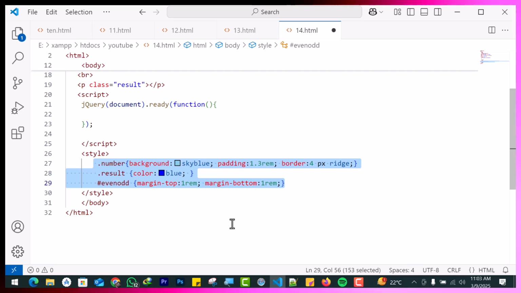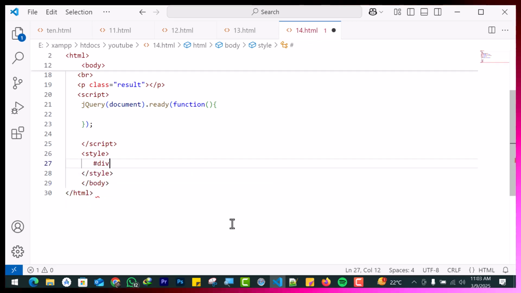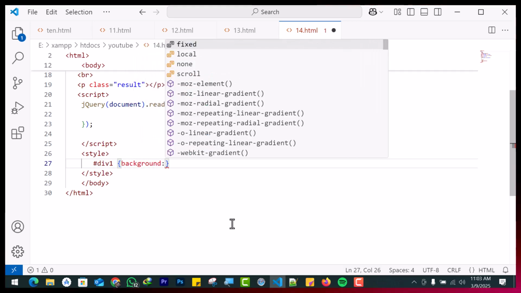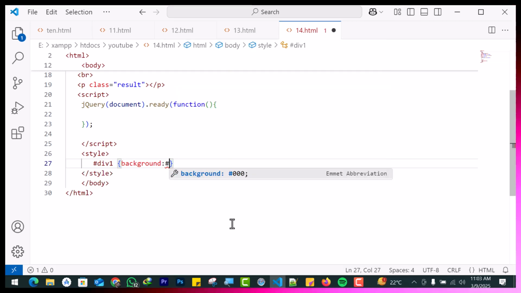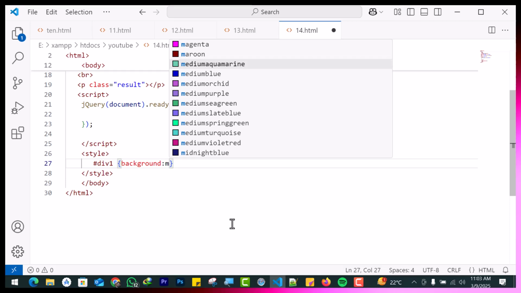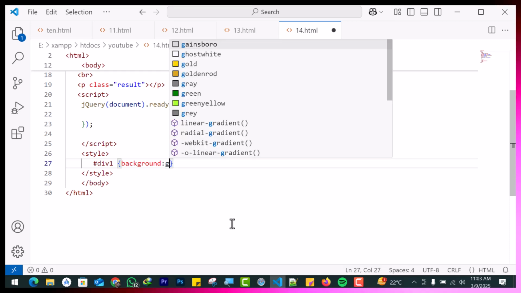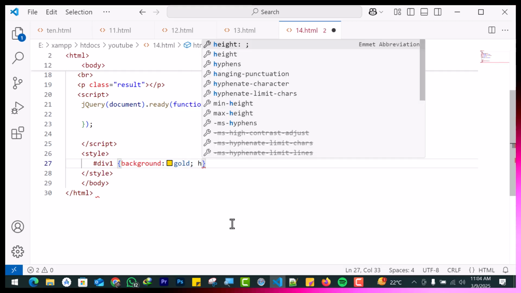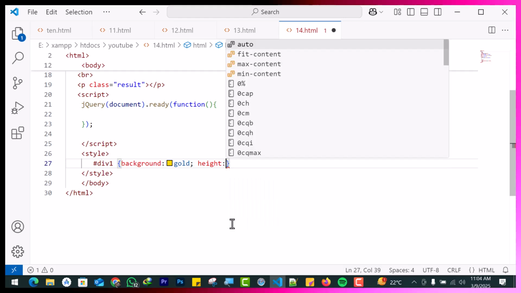Adding a bit of styling to our new div1. Add a background of, say, magenta, or medium. This color looks good. Gold color. Let's add a background of gold and height of 100 pixels,